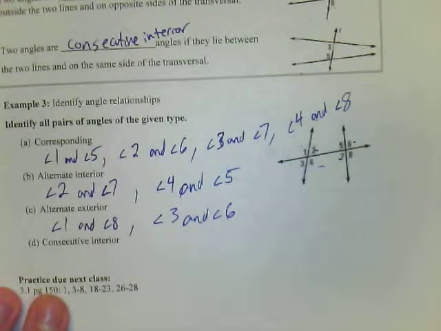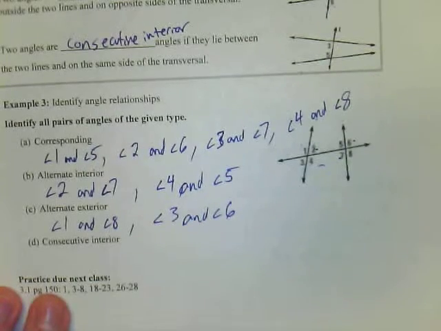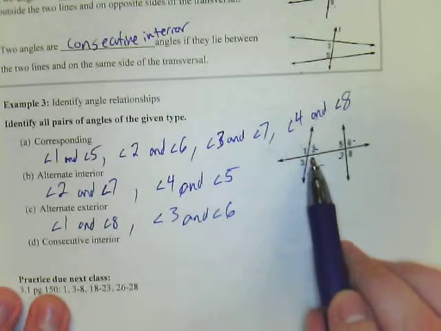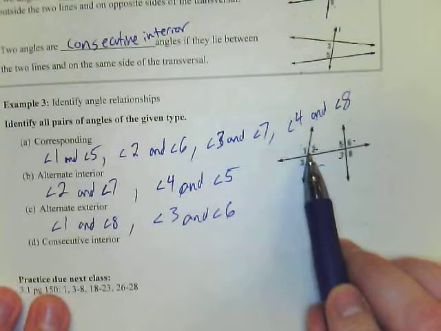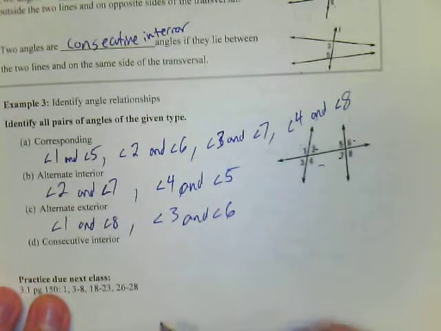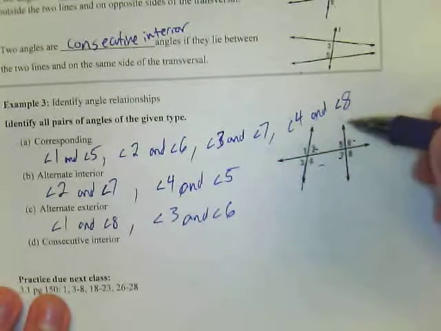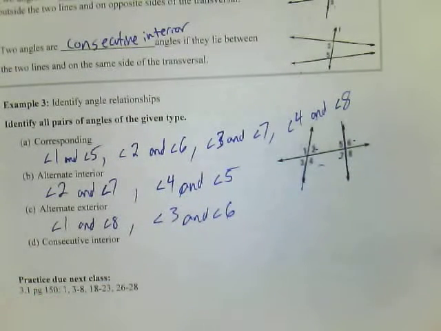Last one we're going to look at is consecutive interior angles. So consecutive, again, means one after another. So these are going to be actually on the same side of the transversal. And interior means between the two lines. So the two lines, again, are here. So the interior angles are 2, 5, 4, and 7. And so if we want consecutive interior angles, those are going to be interior angles that are on the same side of the